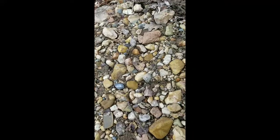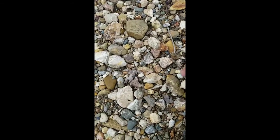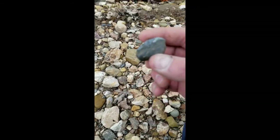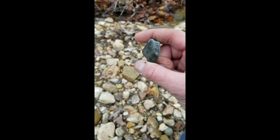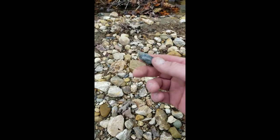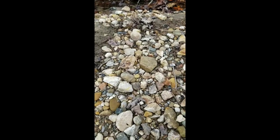So let's identify some of the stuff we do see, just to give us a good idea of what we're going to be able to find out here. All right. Orange, whites, and blacks. That's the normal colors I'm looking at. So, like I said before, these black ones, not all black ones, but there's a certain texture and color to them. These are basalts. That's magma. Okay, it cooled fairly rapidly and made that. Then you have,